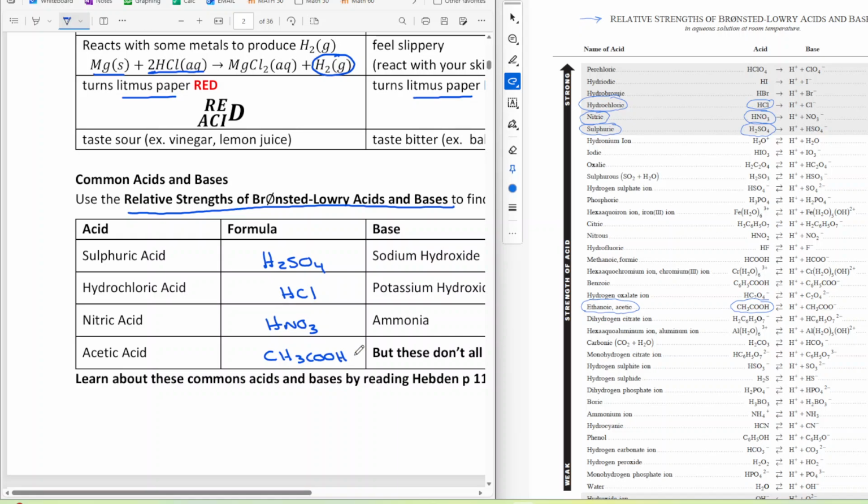Now, it's also good to be familiar with some of the properties of these common acids and bases. So, one thing I'm going to encourage you to do is go to Hebden, page 112. It's not that you're going to be tested on any of this, but it's just good chemistry knowledge, that you can go in and learn about some of these common acids and soon-to-be bases. So, for example, if I look up acetic acid,